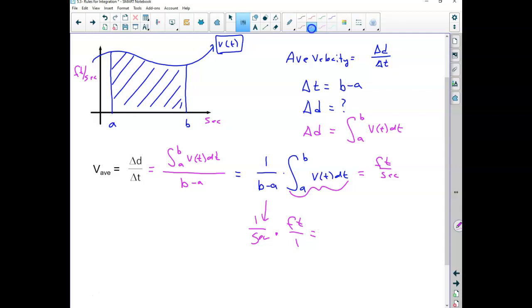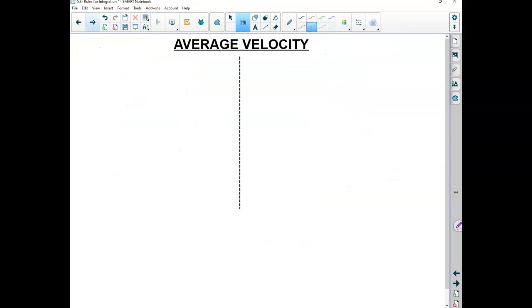So let's turn the page here, and then at the end, we're going to apply this concept to any function that we want. All right? So let's look at our average velocity now. I kind of bombed through it pretty quick. We're going to have 2 ways to do this. We can use our position curve,